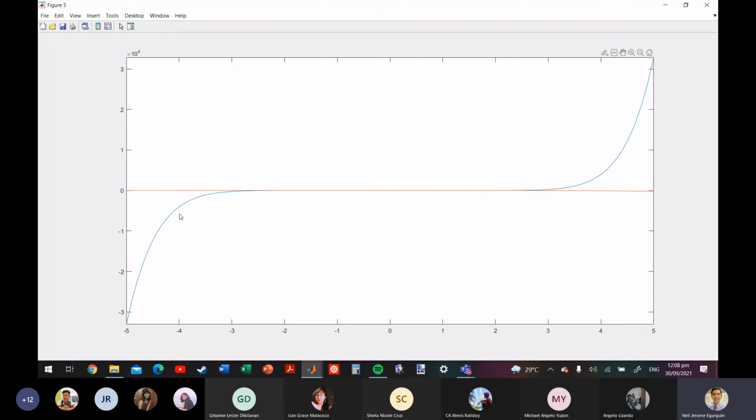So makita nyo, hindi na guarantee yung pagiging accurate nung interpolation dun sa labas ng interpolatory interval. So guaranteed lang yung error bound for all x's between negative 1 to 1. Pero outside of the interval negative 1 to 1, we don't know what will happen to the error. Kasi yung error term natin valid lang siya for x's between the smallest interpolatory abscissa and the largest interpolatory abscissa. And outside of that, we don't know what will happen.